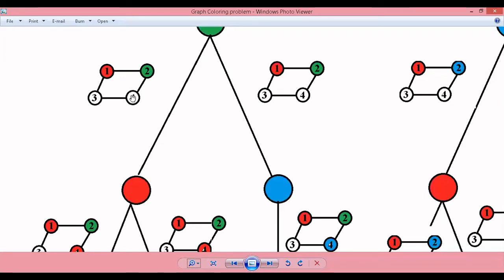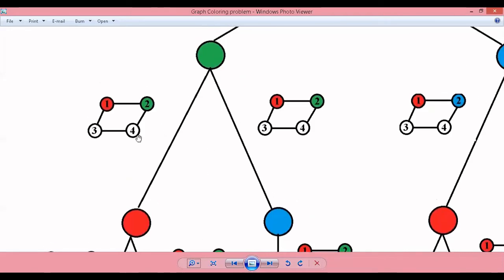Where is the hand now? It is pointing to node 4, but actually it should be node 3. Now where is the hand pointing? It is pointing to node 3, but actually it should be node 4. That is one mistake I have made. So now I will call node 4 as node 3 only. So I have told what mistake I have made. Now I will call this my node 1, this my node 2, this my node 3, and the last one is my node 4. Please keep that in mind.